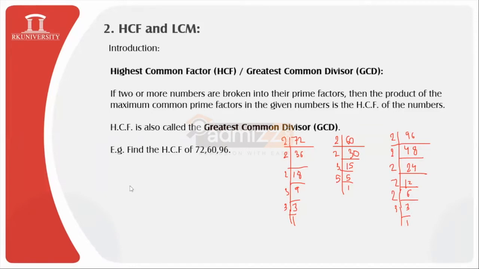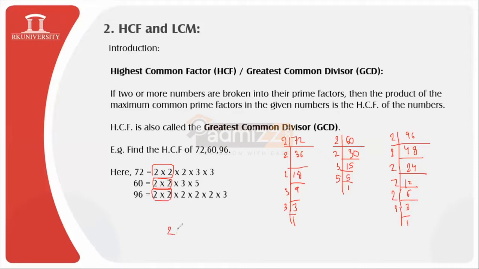Now let's have a look at the HCF. As you can find, we have the same factors listed horizontally in product format, and the same way for 60 and 96. The HCF, as stated in the definition, is the product of the common prime factors in the given numbers. So we need to identify the common prime factors. Students, if you observe, we have 2 times 2 at max in 72, similarly 2 times 2 is available in 60, and similarly 2 times 2 is available in 96 also. So 2 into 2 is for sure to be considered.